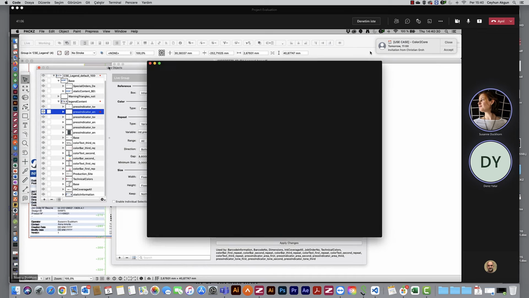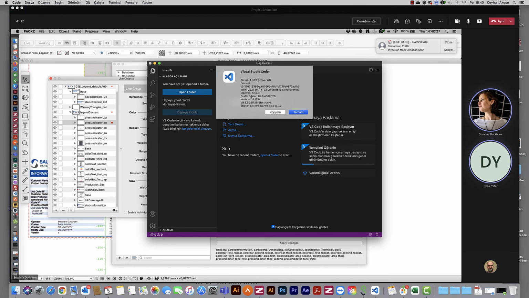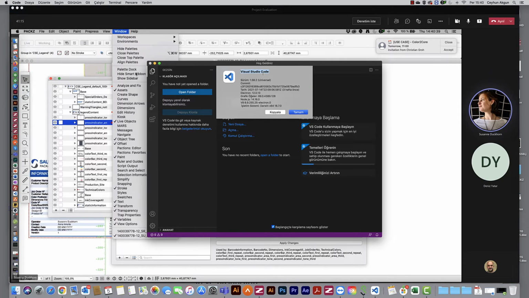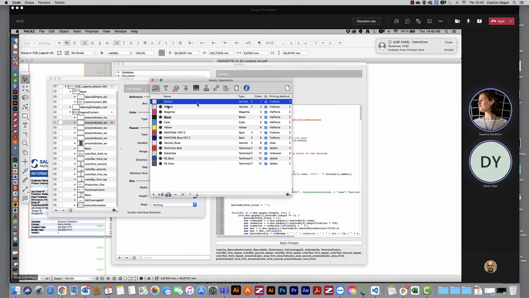So if you normally have a live object and you want to say, I want to repeat over all separations, Pax will use all separations available here. So where are my assets? He will use all separations which are in here.